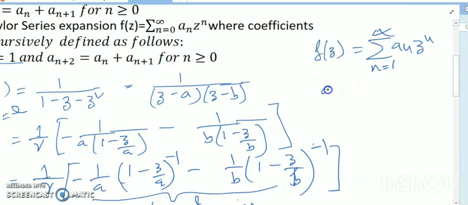What is the formula? Coefficient a_n is equal to f^(n)(0) divided by n factorial. So this way you can get